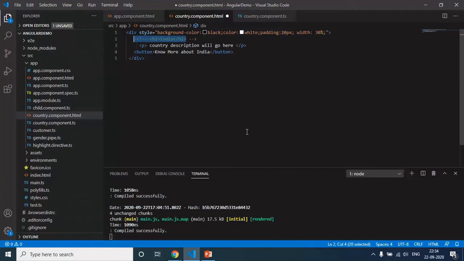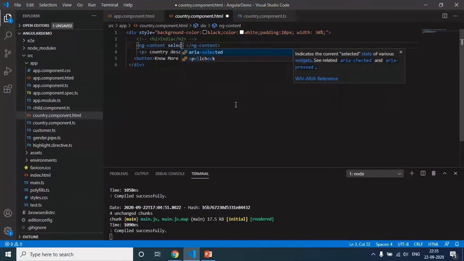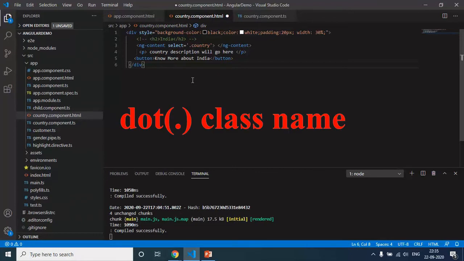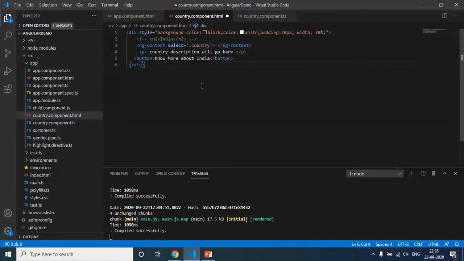So for that I will comment this line of code so that you can relate how it works. And here I will use ng content and open and close it. I replace this h2 with this ng content, and remember that ng content accepts a selector. So here I will write select equal to, and here I will give a class selector. So what I am doing here, ng content takes selectors, right? So I will use select, this is the keyword, equal to class. It is not necessary that this class should exist in your application. You can give any name you want. This is just a selector. Task of the child component is done.